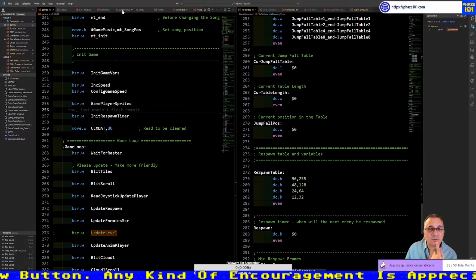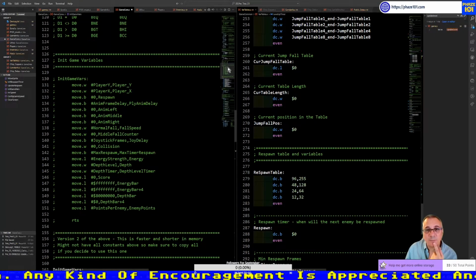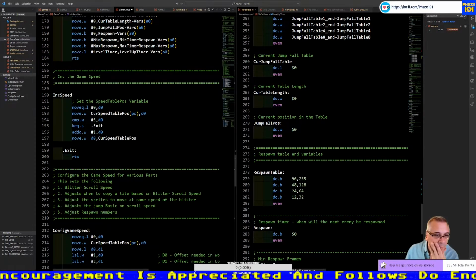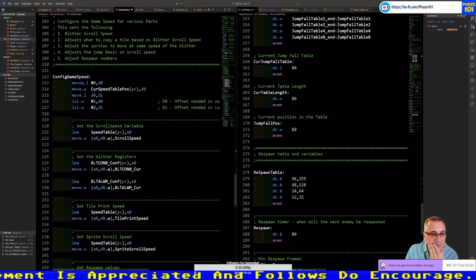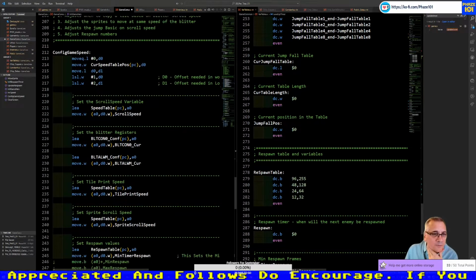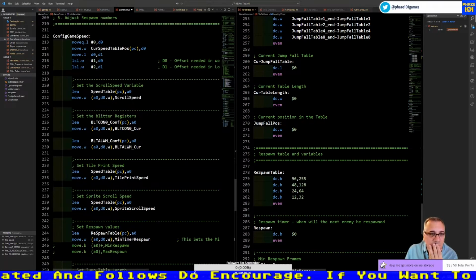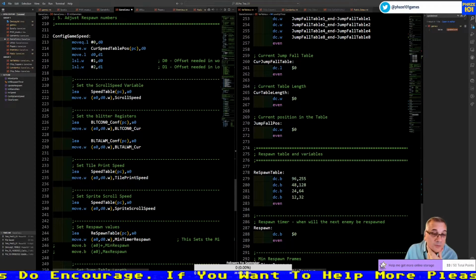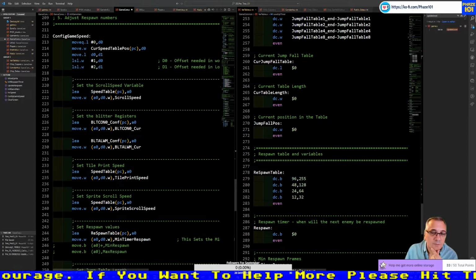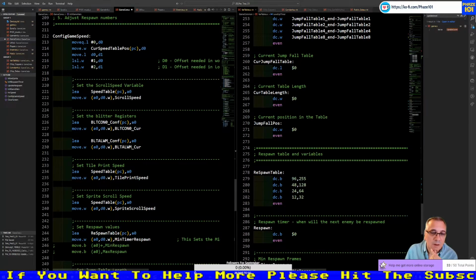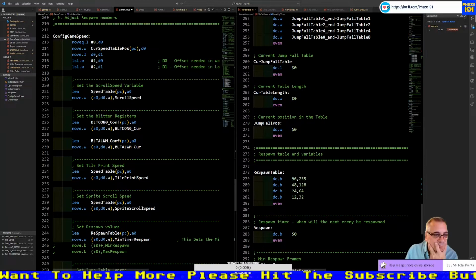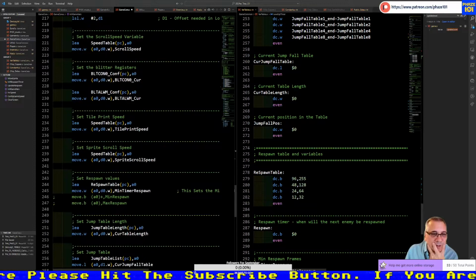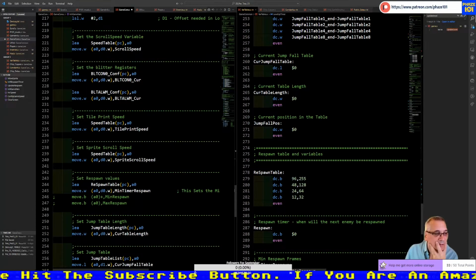So that should be game core, maybe. Increment speed, yeah. And configure speed. So what is happening is we stopped updating the screen. Is that right? The sprites are okay, but not details.